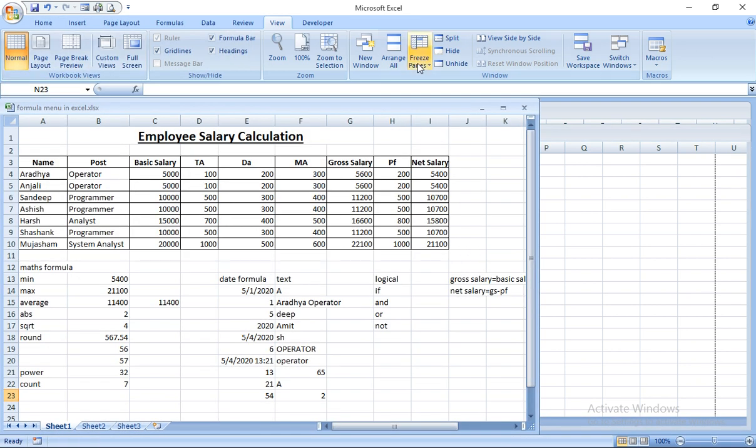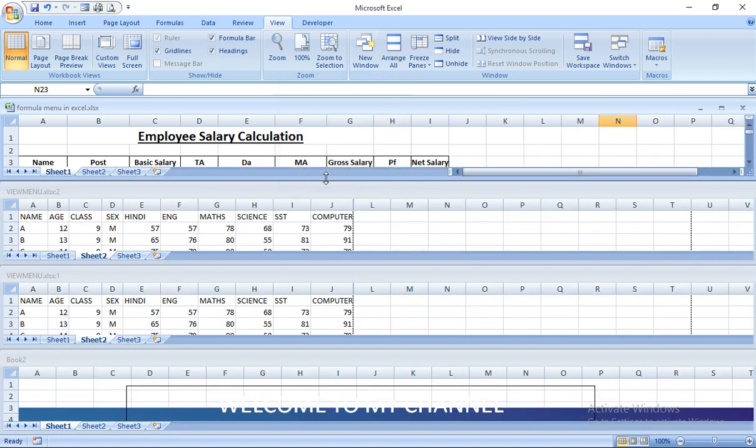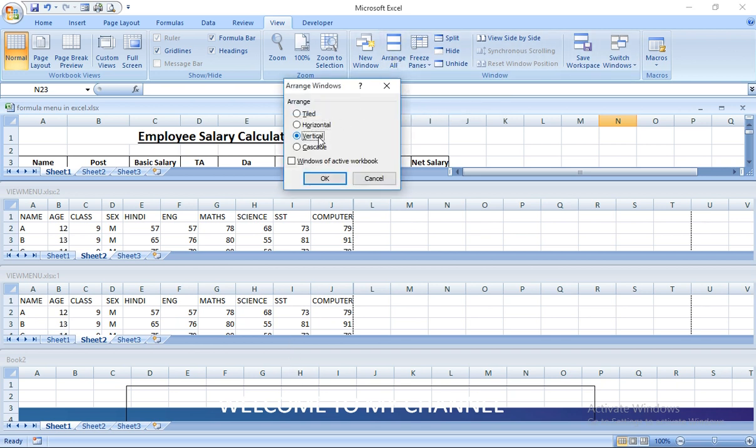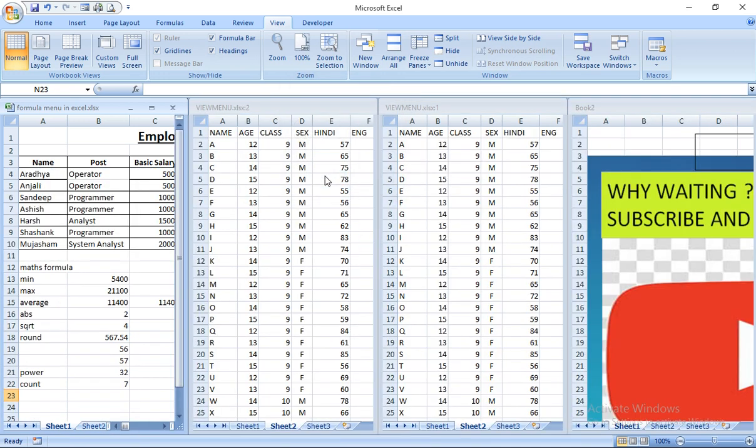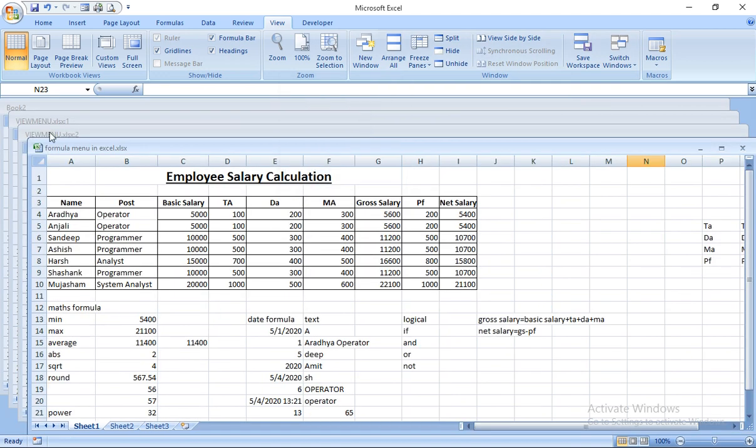Suppose you have opened these and you say arrange all. Then in the tile portion, horizontal will show the several files horizontally. Then vertical. The same way you can arrange all in cascade form. This way you can see all your files.